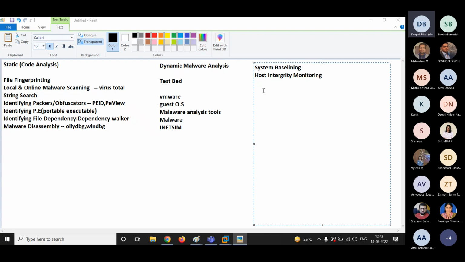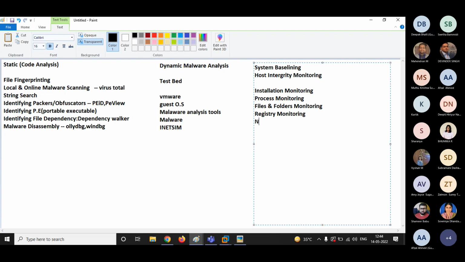We will be performing installation monitoring, process monitoring, then files and folders monitoring, then registry monitoring.